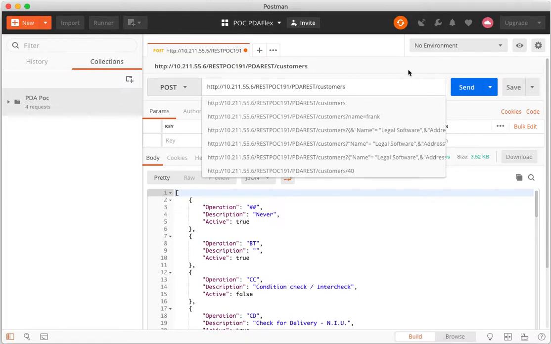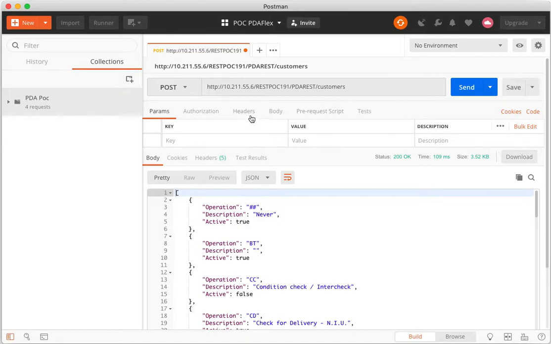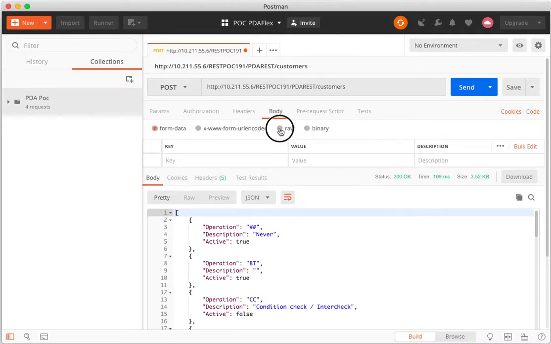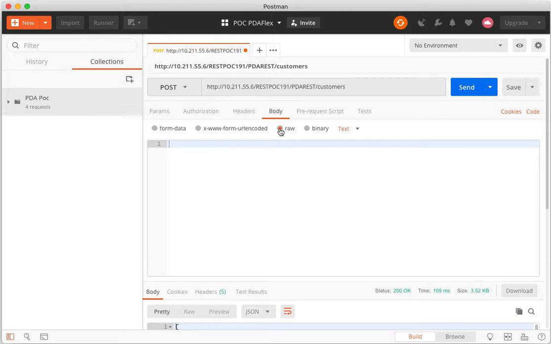Because we want to post some things, we also need to make some changes over here. So basically, we need to put something in the body. We're going to say it's a raw body, and we are going to create a